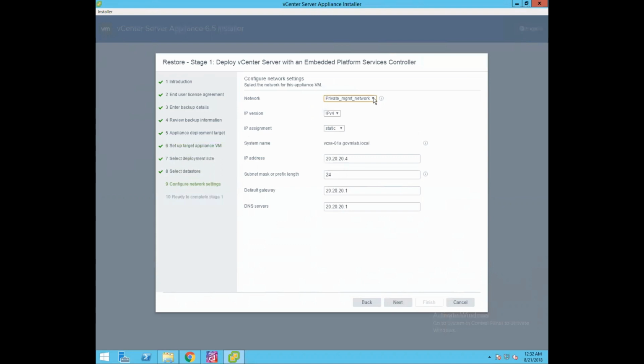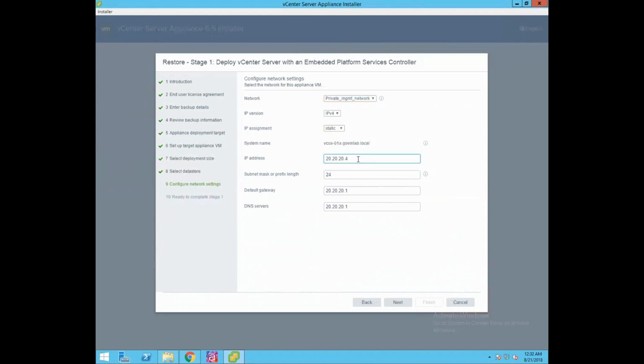Now select network as a private management network, IPv4 as the IP version, static IP. As you could see, we have not provided these network settings. They were pre-configured. These network settings were already fetched from the backed up data of our vCenter server, because the vCenter server which we had backed up had a system name of vcsa-01a.govmlab.local.